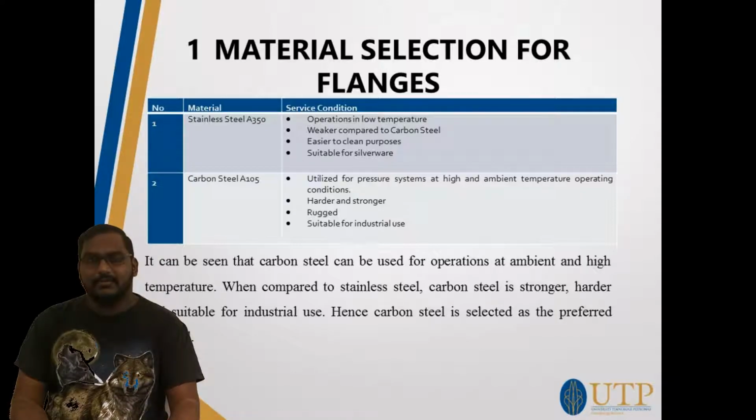For material selection, we had to choose between stainless steel A350 and carbon steel A105, and we looked at the service conditions and all that. Carbon steel A105 can be utilized for pressure systems at high and ambient temperature operating conditions. It was also harder and stronger, more rugged, and suitable for industrial usage. So based on all these reasons, it was a smarter choice to pick carbon steel A105 as our preferred material